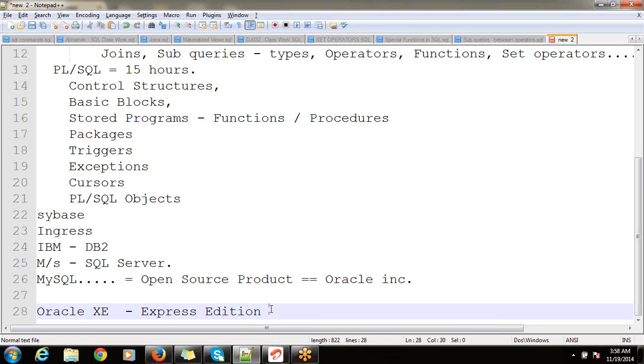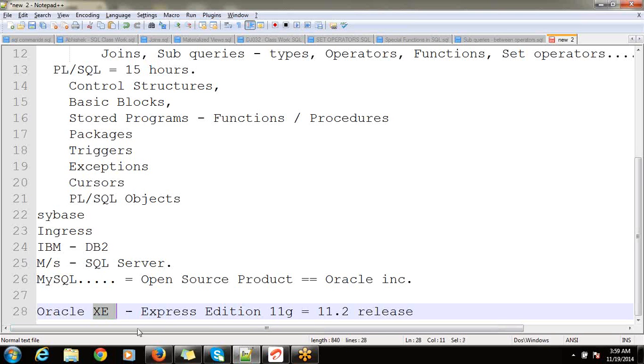During downloading, you can choose Oracle 11G version. It would be something like an 11.2 release. So we will be using this Oracle 11G version for our demo and practice purposes. Okay, and that Oracle Express Edition, it works on Windows 8, right? Yes, it works on Windows 8. And its size is around 300 plus MB.